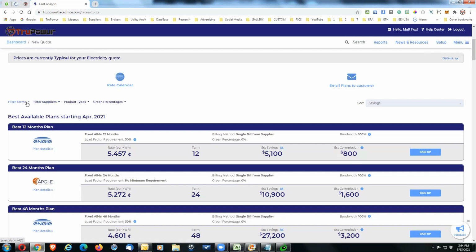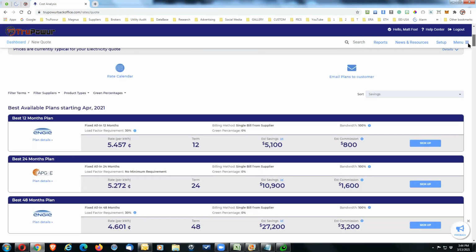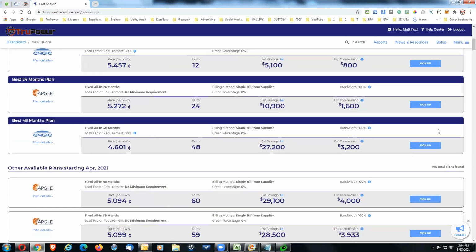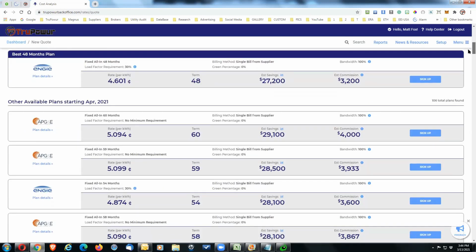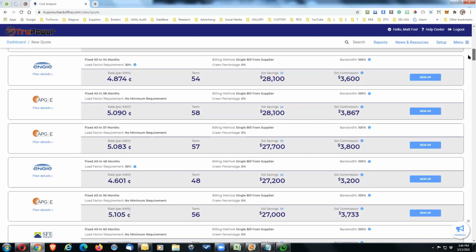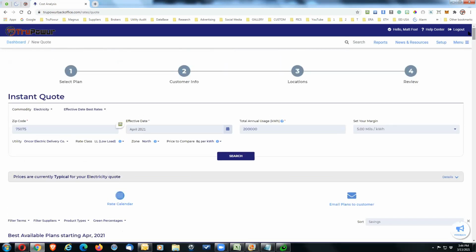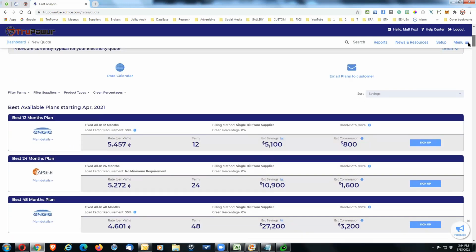So if we want to increase that, let's click all. And now we're looking at 106 plans. So that's going to give you a lot more plans to look at. I certainly wouldn't send all of that to a customer, but it does give you a quick glance to be able to go through there and analyze what term and what price you want to provide